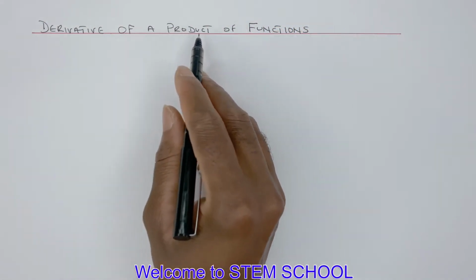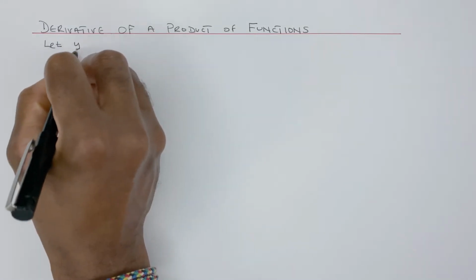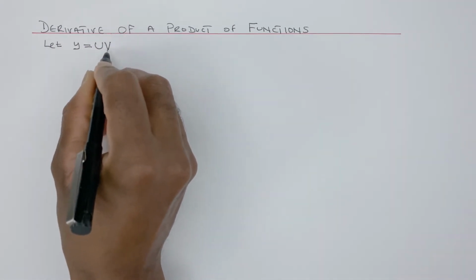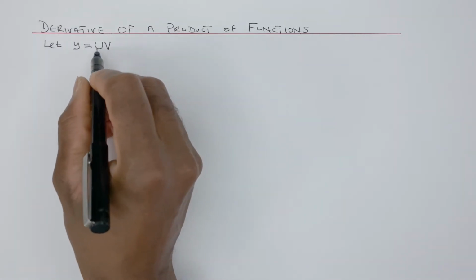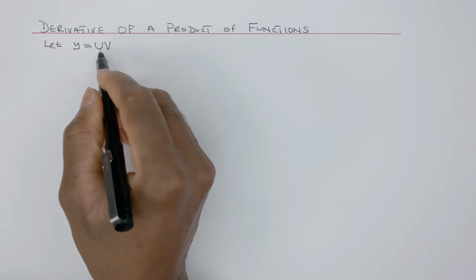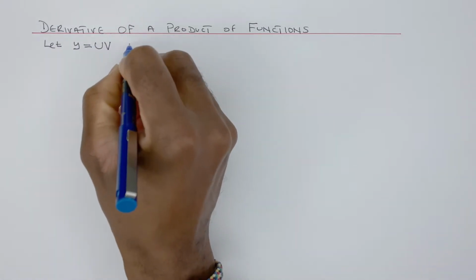Derivative of a product of functions. So let y equal u times v. So these are two functions, that's why we say product. Product means times, u times v. But each function, u and v, is a function of x. So we can say where